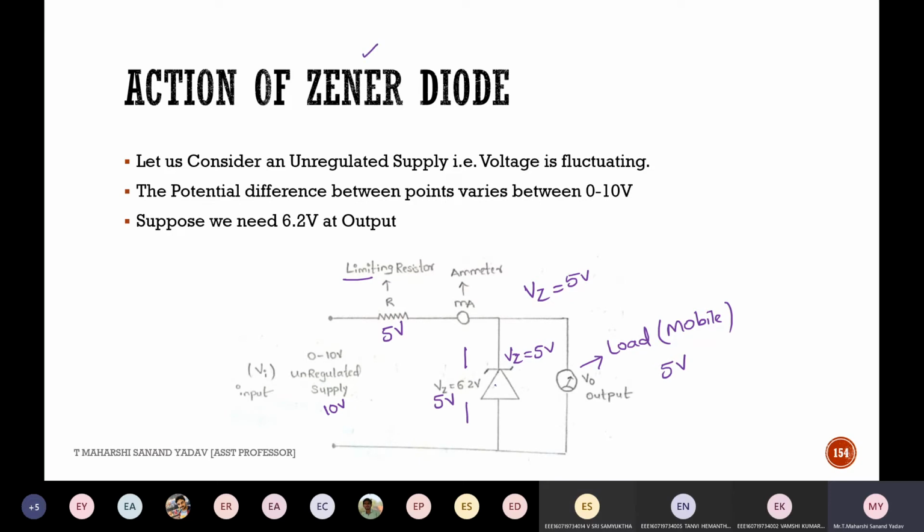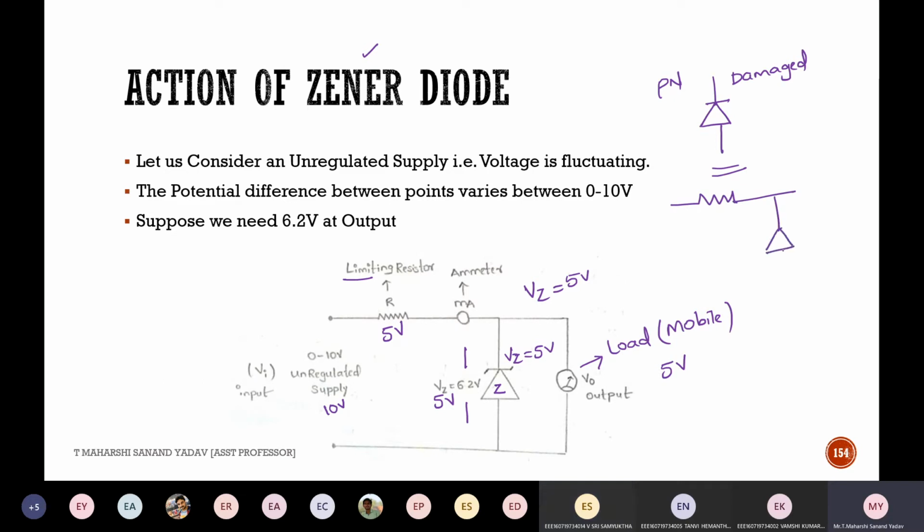Whereas here, instead of a Zener diode, if I go with a PN diode, what will happen? Your case is valid. If I go with a PN diode, it will get damaged, because it can't withstand a huge amount of reverse voltage. The function of the limiting resistor is to limit the voltage if we ever apply more of it.